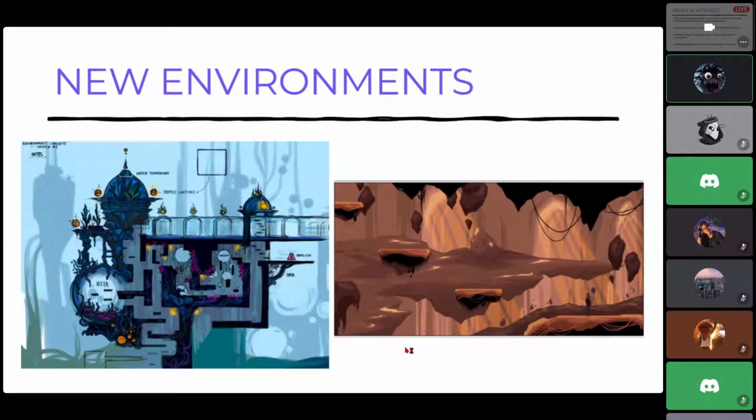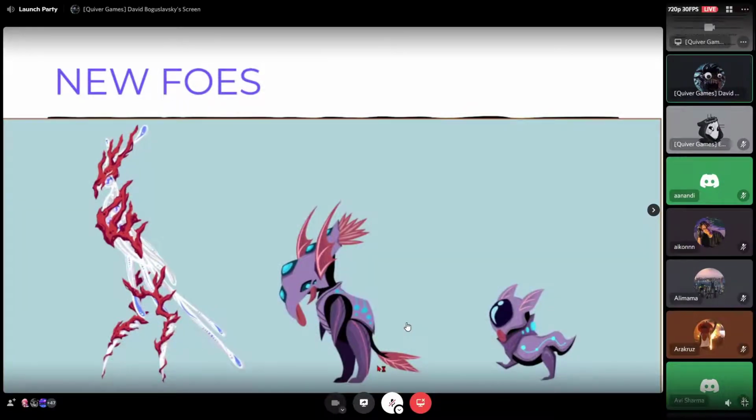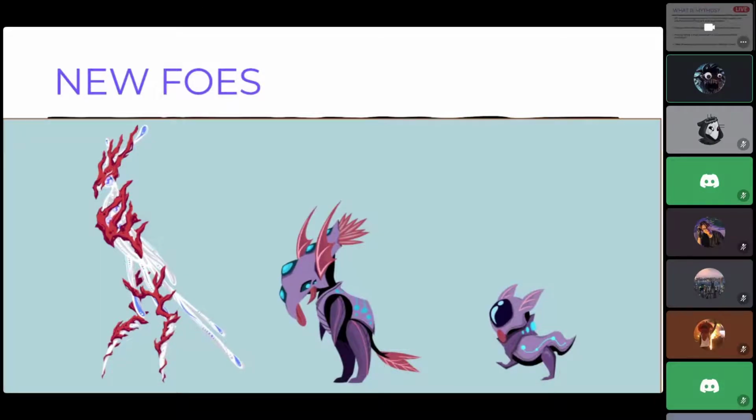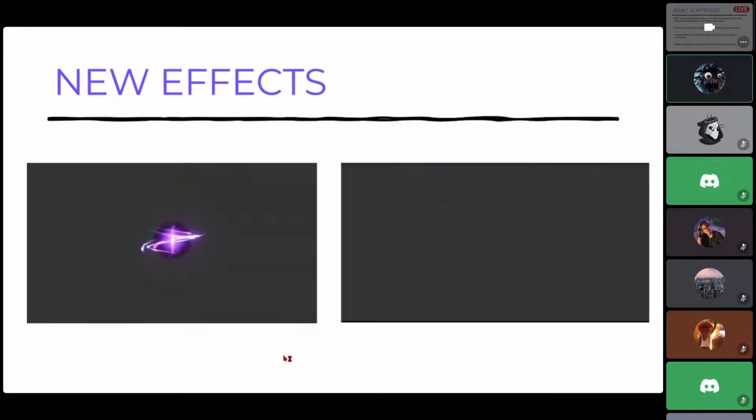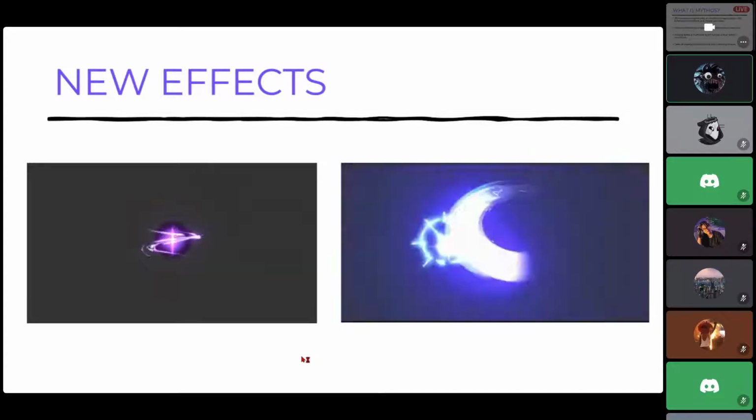So we have some new environments that are currently in the work. See some concept for those, some of the different dimensions that we want to include in the game. Some new enemies from the vertical slice that we are producing. We have these two clans of creatures that are currently combating each other inside this dimension. So have really nice designs from the art team, as well as some new visual effects that's mostly my contribution on the technical side of the project. But learning a lot of Unity systems and everything about it is just super powerful and super nice. So you get to do really cool things in it.